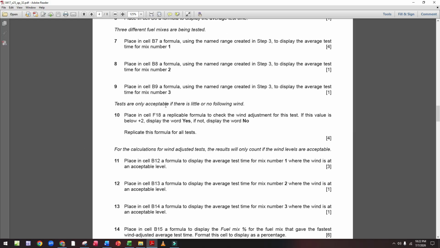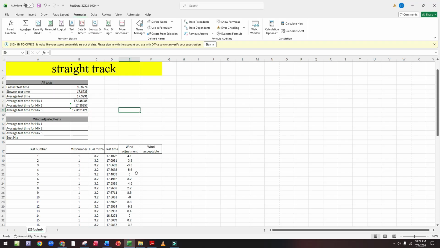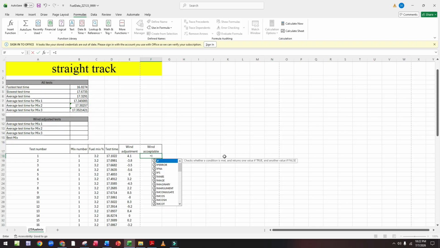Tests are only acceptable if there is little or no following wind. Now step 10: place in cell F18 a replicable formula to check the wind adjustment for this test. If the value is below plus 2, display the word yes. If not, display the word no. Open the file. Here, acceptable, we use the IF